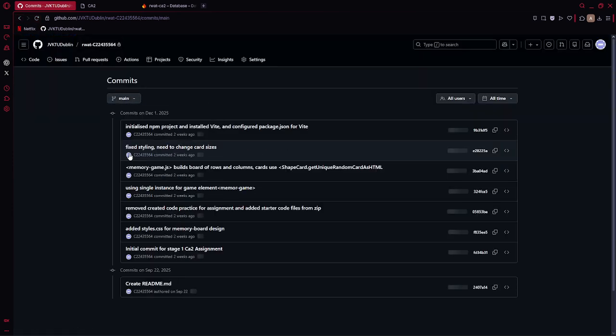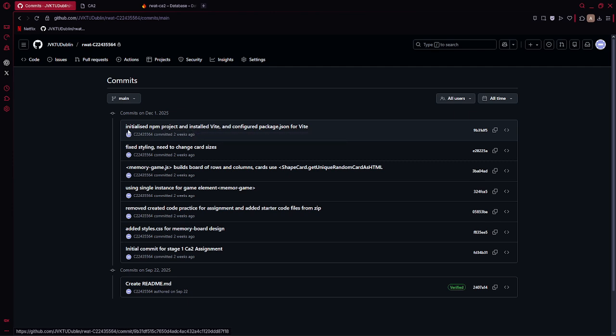On the main branch, initialized npm project and installed Vite for stage 2. Fixed a bit of the styling and the card changes to make the app more unique to myself. I built the board,